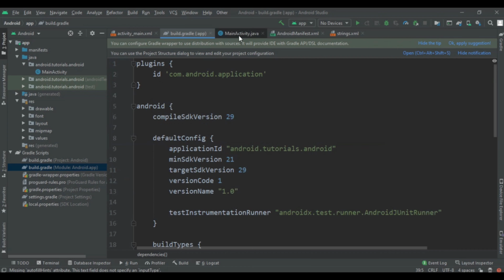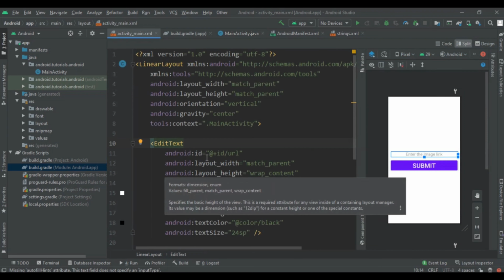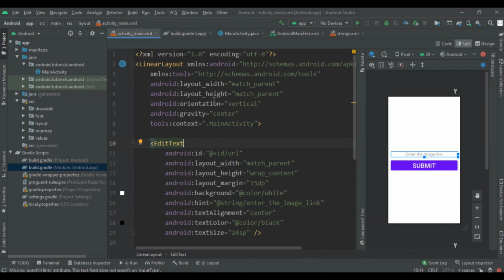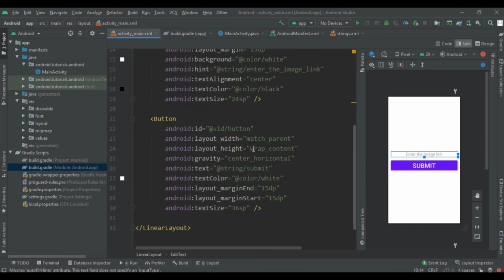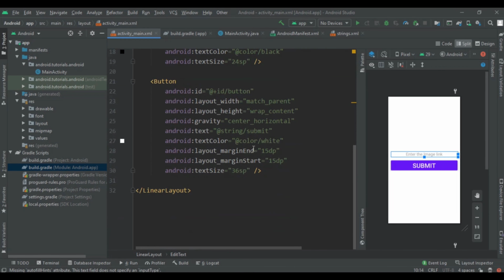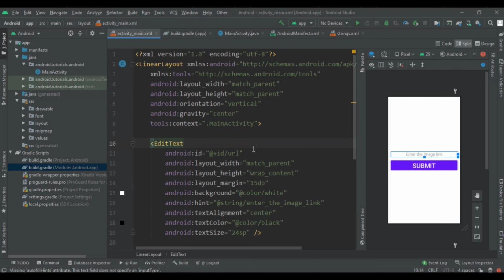activity_main.xml file, and here we are going to create our basic layout, or if you want to create any professional layout then you can do that. But here, to make this tutorial short, I am going to use this edit text and button only. So let me tell you what we are going to implement.